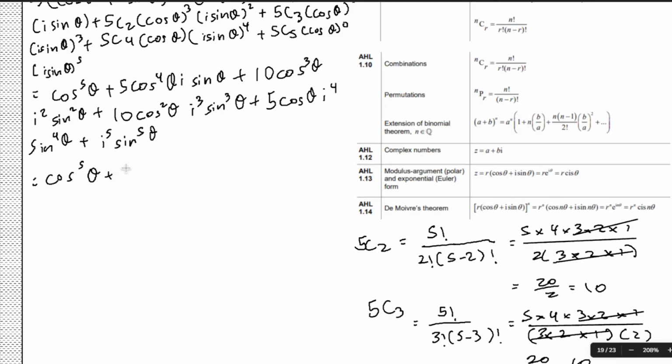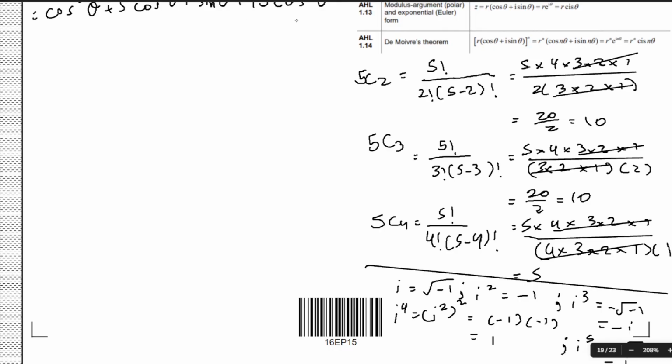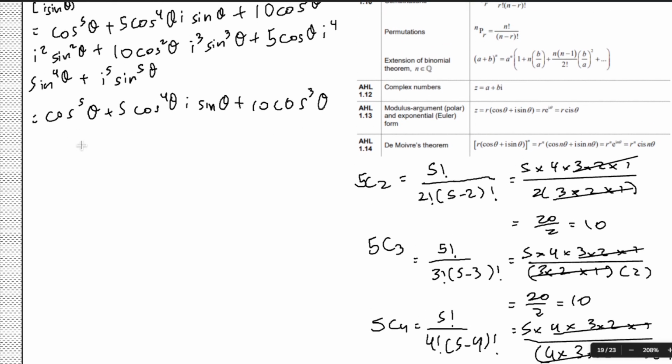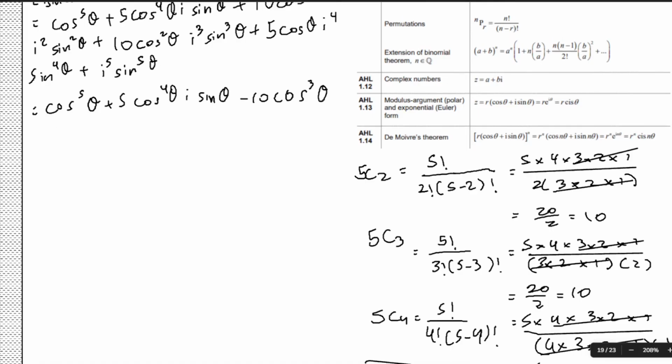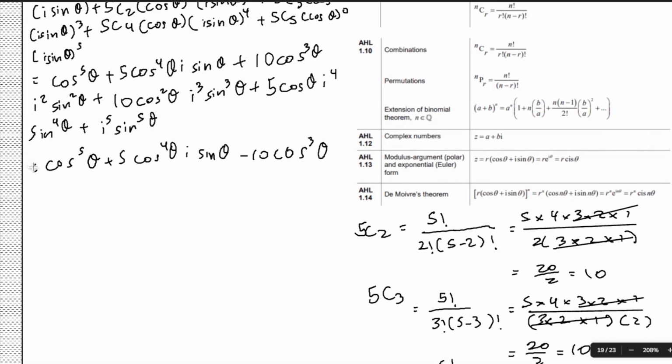cos^5 theta plus 5 cos^4 theta i sine theta. We don't need to change the i there. Then 10 cos^3 theta i squared. What is i squared? i squared is -1. So let's just change this here. Minus 10 cos cubed theta sine squared theta,